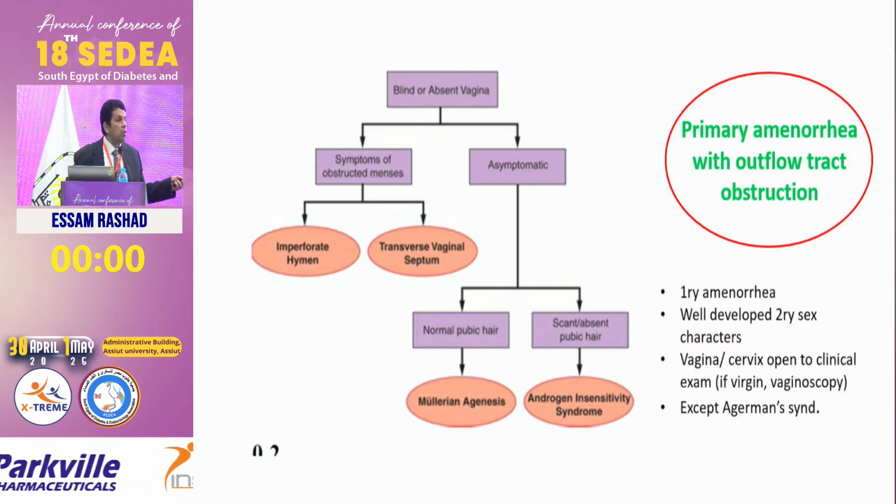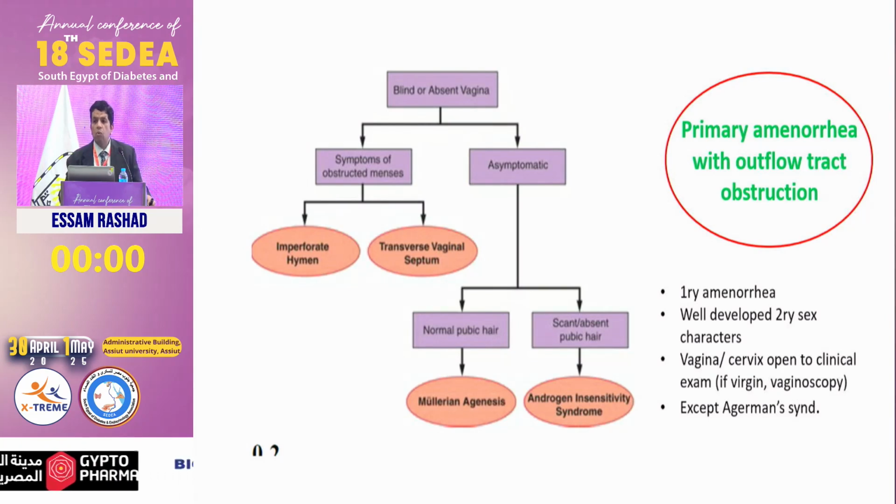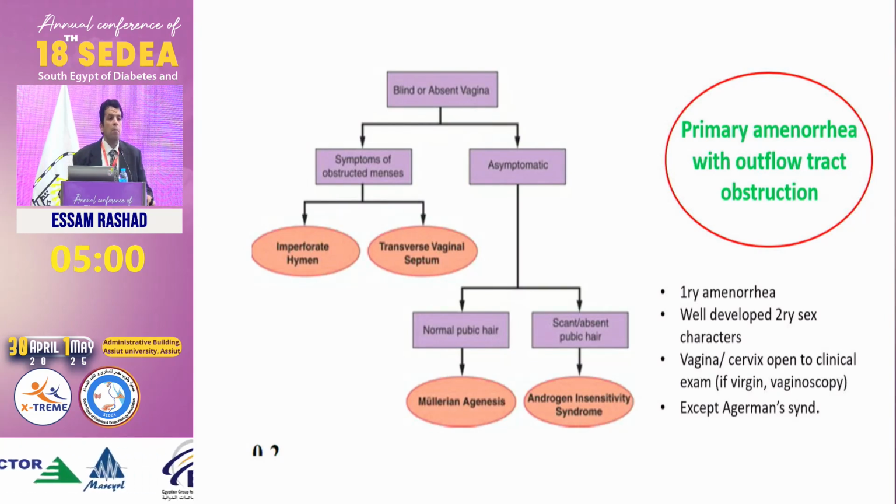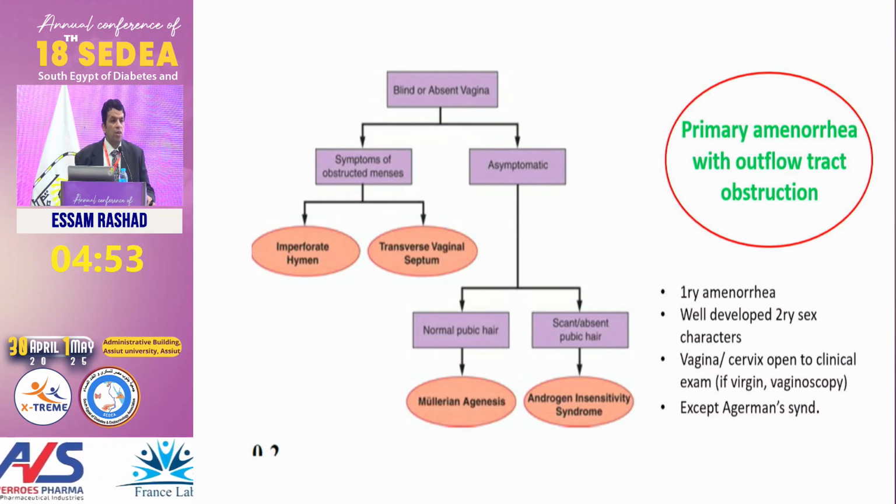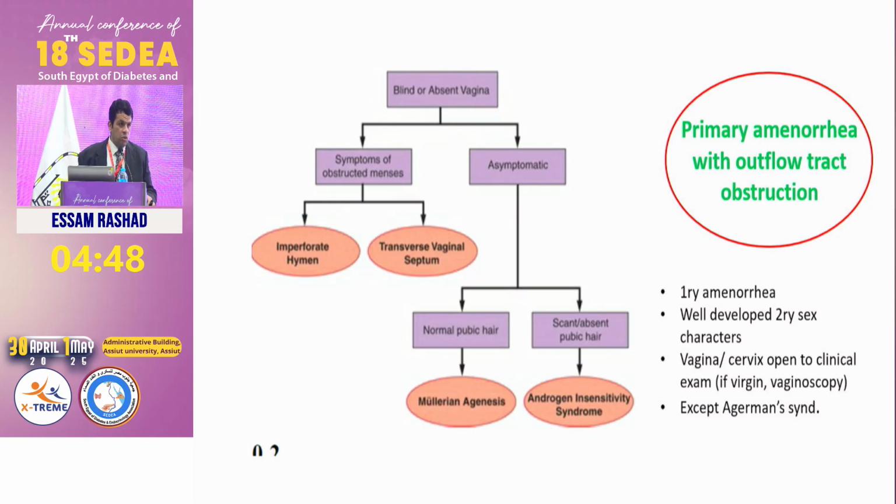In the blind vagina here, you will see the Mullerian agenesis is a 46XX female with everything normal, developing ovaries, but the uterus does not show up. The uterus and the upper vagina do not develop because of what we call Mullerian agenesis. So everything is normal in her except that she's not having menses and she has no way to get pregnant. She does not have a uterus. And the only way is just to do some plastic surgery to improve the vaginal pouch to allow for sexual intercourse. Androgen insensitivity is the same thing, but this is a 46XY male.